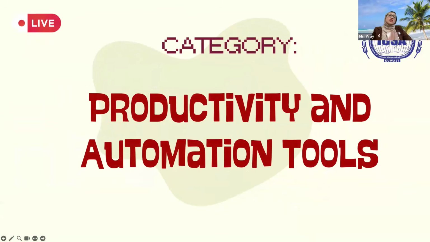Another category of tools and technology is for productivity and automation. We will be doing much of the automation when we go to digital marketing. We will be learning how to post on social media accounts on schedule so that even if you're sleeping, the platform is going to post it for you. But of course, replying is another thing. Replying is another thing.